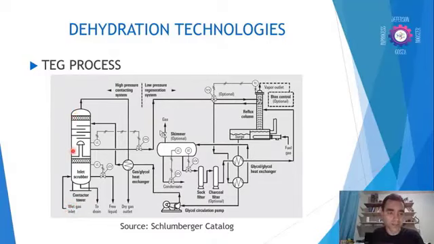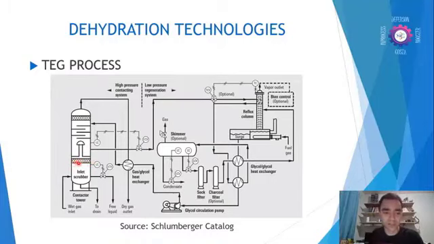We have the wet gas entering the absorber tower, and before entering the tower we should have a separator vessel or a knockout drum, or in the absorber tower we can have the inlet scrubber. The inlet scrubber in this case is in fact a separator vessel because we don't want free water going into our process. There is a demister to do the elimination of the mist, or small